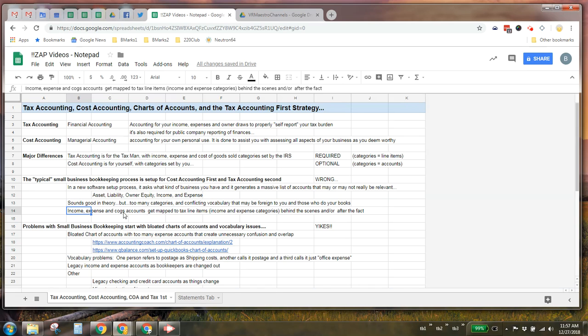Let's see what I have here. Income, expense, and cost of goods accounts get mapped to tax line items, income and expense categories, behind the scenes and/or after the fact. So what I'm talking about is, in a typical small business bookkeeping process set up for cost accounting first, you create arbitrary account names that please you or your bookkeeper. And then behind the scenes or after the fact, you recategorize all of the transactions in those accounts and assign them to new and different categories that are required by the IRS on the line items on the forms for tax accounting reporting. Okay, this is how everybody I've ever encountered in small business does their books, and in my world,